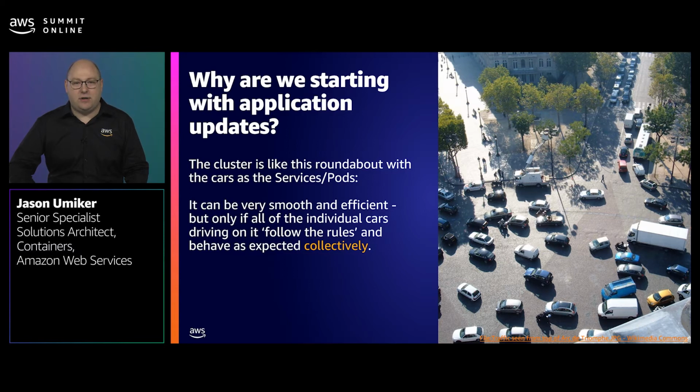You may be wondering why we are starting with the application deployments and not working up from the EKS infrastructure side of things. The reason for that is that, like this busy roundabout at the Arc de Triomphe, we need all of the cars to know and obey the road rules collectively for things to go smoothly as a whole. If even one application doesn't behave in a cloud-native way, then it can mean that cluster-level changes may be disruptive for that application. And thus, you may need to wait for an outage window for cluster upgrades to not disrupt that app. And if you have many such apps, then finding a window when you can disrupt them all at the same time becomes even more challenging.